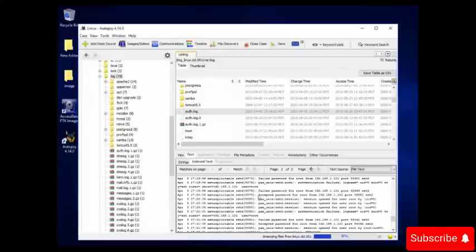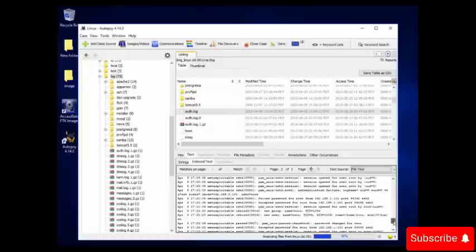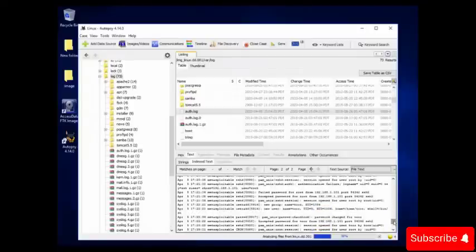But then the password has been accepted for the root user. It means the hacker has got access into our system and has also created a new user with the name TWR. This one, see, it says new user with UID 1004. Okay, so it means this is suspicious. You can also see the timings when the user has tried to log in or when the new user was created. You can see this much detail in log files.